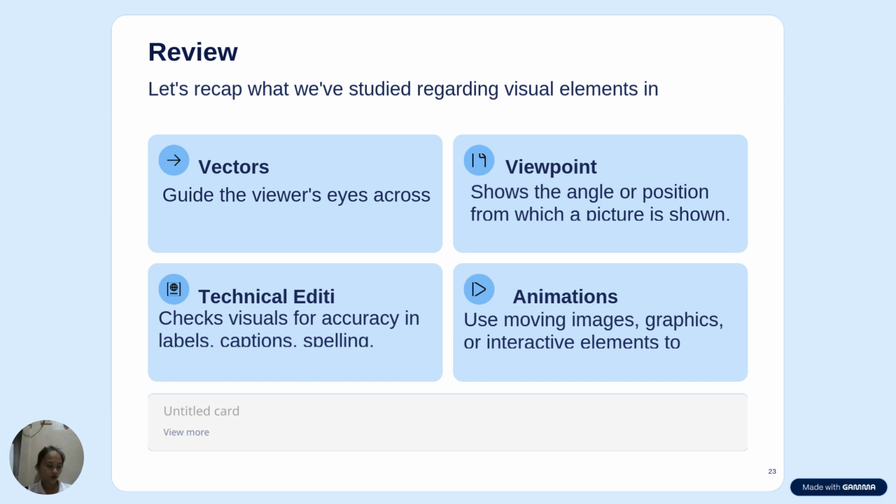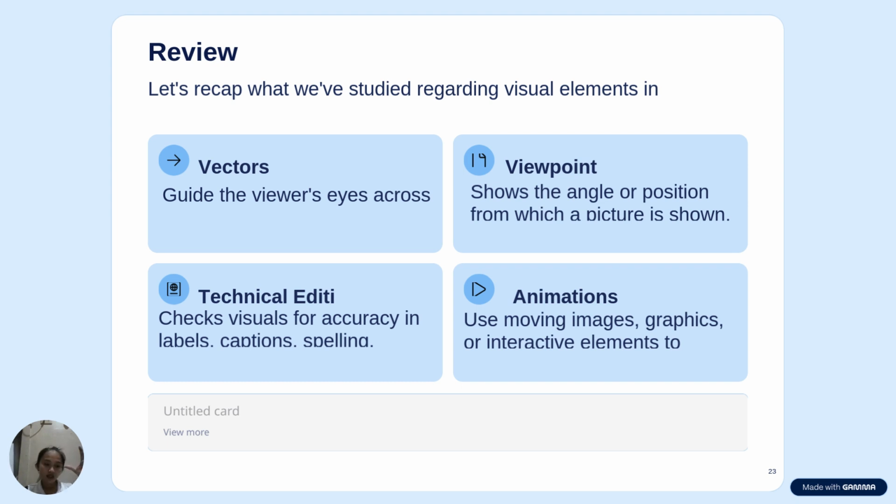So how about Victor? Unsa man ni si Victor? So before ta mo move on ni Victor, nganong importante man si visual? It is because again, they are not only used as decorations sa atong page, but they also communicate